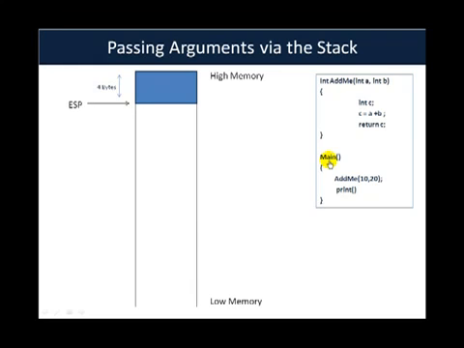So let's look at how the program would go about executing. First, when main is called, what happens is the addMe function gets called. Now even before the addMe function starts executing, the values 10 and 20 need to be passed to that function. Now this is done via the stack. What happens is that in the main function, 10 and 20 are first pushed into the stack. Now once 10 and 20 are onto the stack, the value of ESP, which generally points to the top of